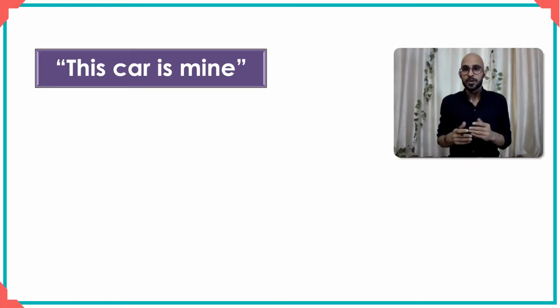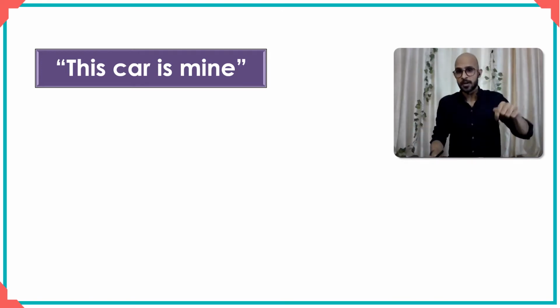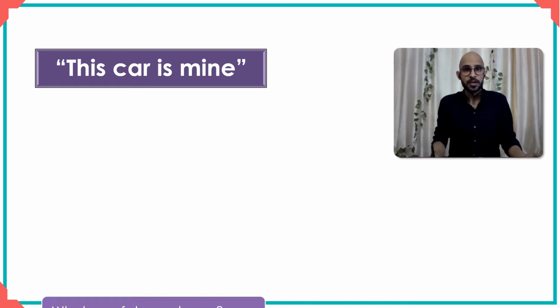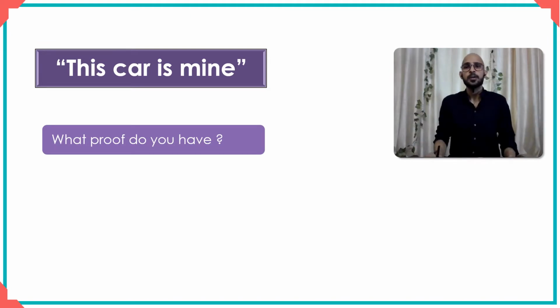Let us say you went to a mall, so you parked your car in the parking lot. You watched your movie and came back, and there you find in the parking lot that somebody is sitting on your car or standing beside it. Now you tell him to get aside, and he says, why should I get aside? You say, this is because the car is mine. And then he's like, well, I don't believe it. What proof do you have? So he asks you, what proof do you have? And then you perhaps show him some photograph that shows that you are the owner of this car, or maybe you show him the RC or whatever.